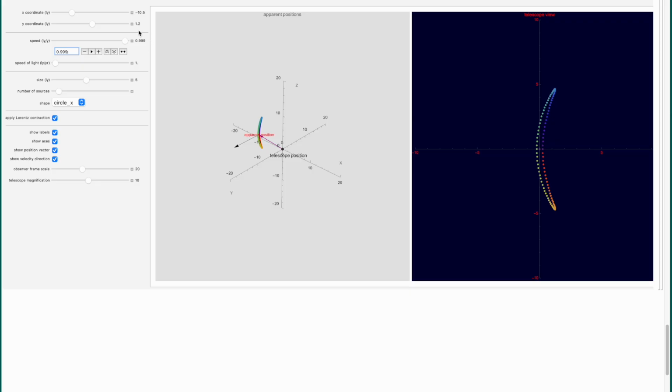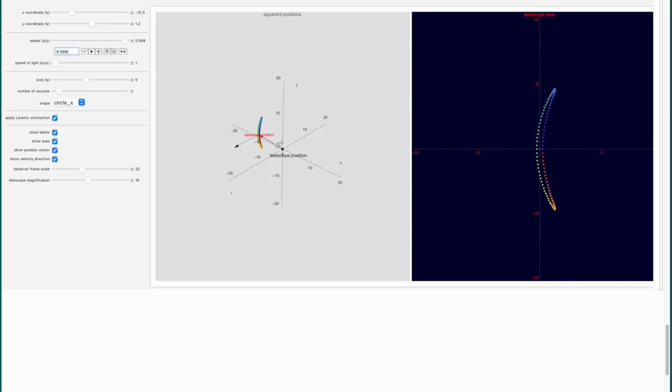Again, we're at very high speed, and there are no nearby astronomical objects that we know of, literally none, that are moving at this high of a speed. It's just an interesting fact about the conditions within our universe that we just never seem to see this.